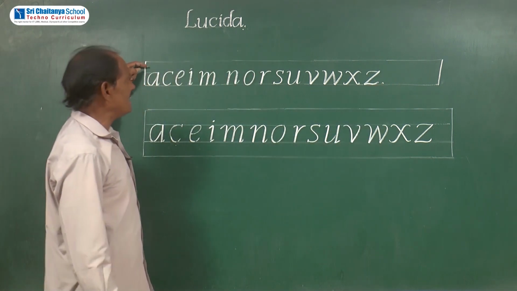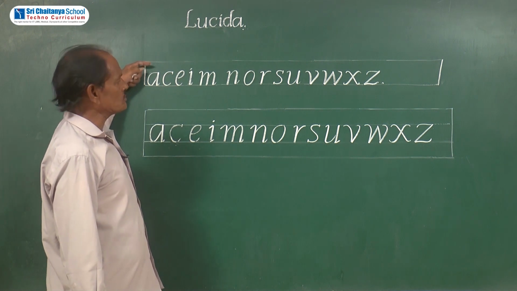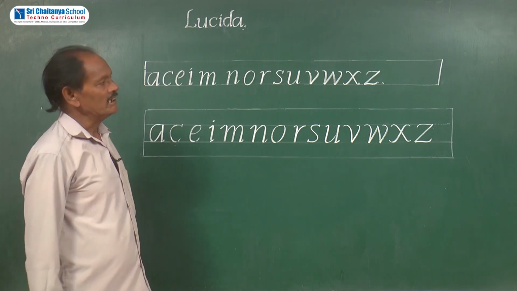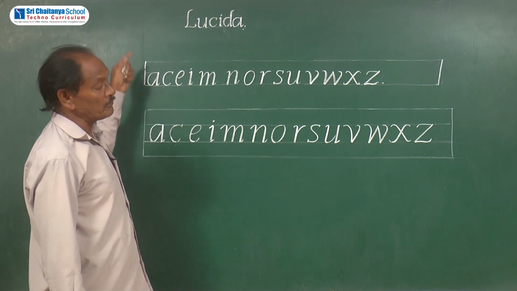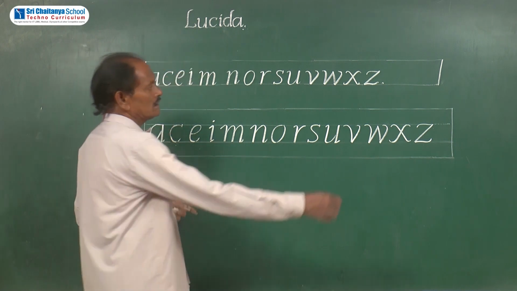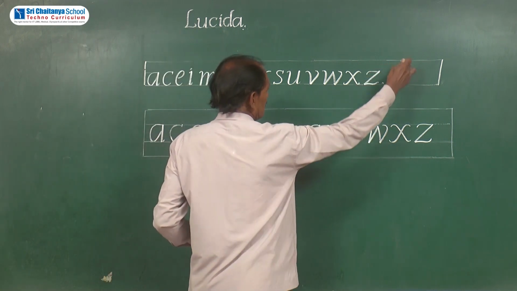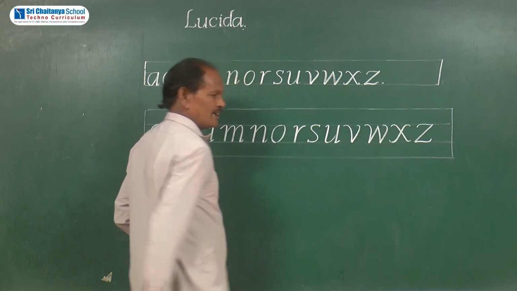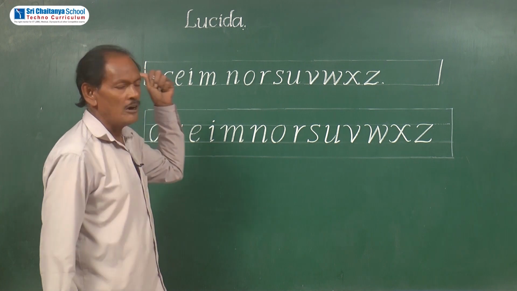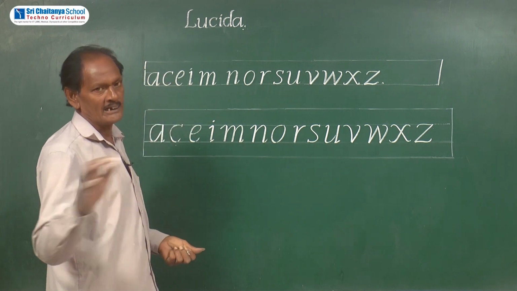Okay? Only in the 50% of this 2 lines pattern we are going to write these middle zone letters. If we have to write the upper zone letters along with this, then we should use the total space of this 2 lines pattern. Okay? Next I will write the same letters on a plain surface also without drawing any line.